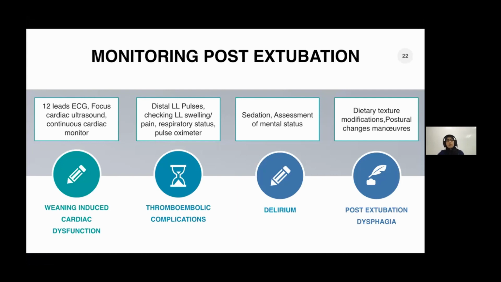All right, have a look at the oxygen pulse oximetry, whether it is worsening, or also you can monitor the cardiac monitor in certain patients with thromboembolic complication. If they develop pulmonary embolism, most of the patients will come to you with sinus tachycardia. All right. Other things is delirium.